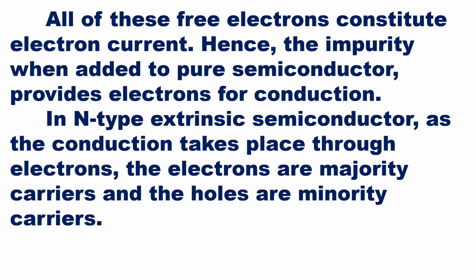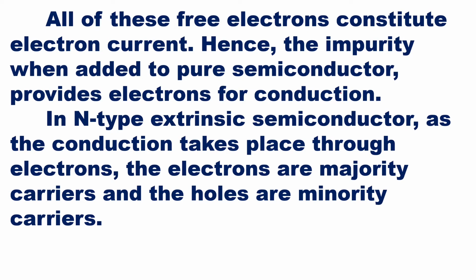All of these free electrons constitute electron current, hence the impurity added to the pure semiconductor provides electrons for conduction. In an N-type extrinsic semiconductor, as the conduction takes place through electrons, the electrons are the majority carriers